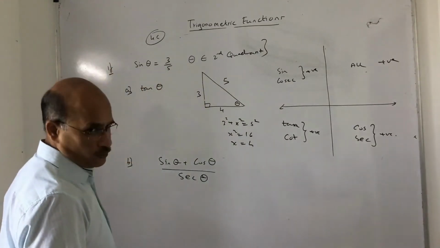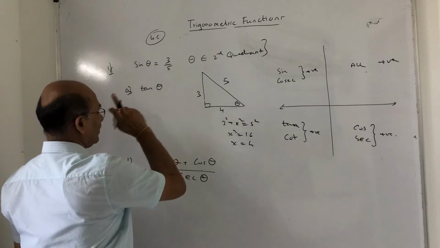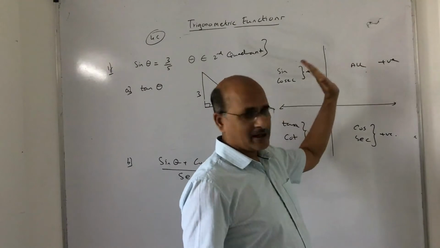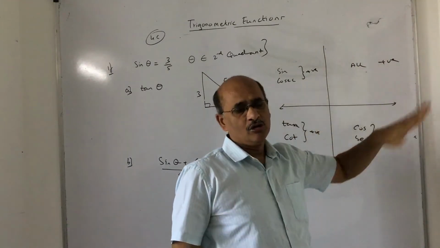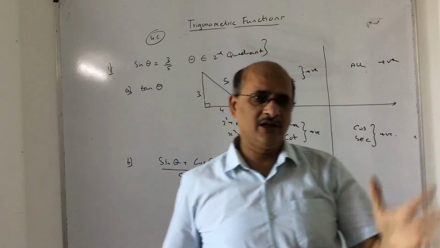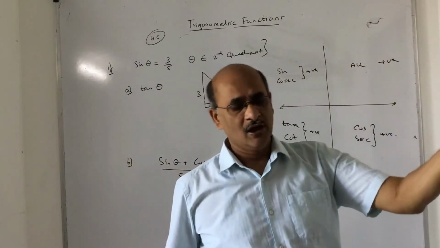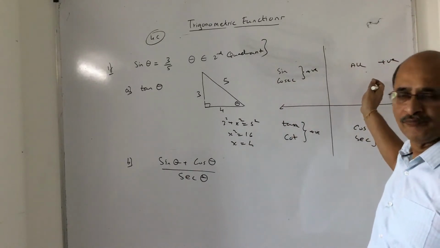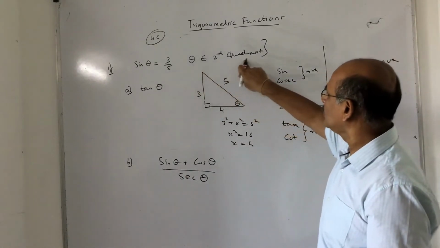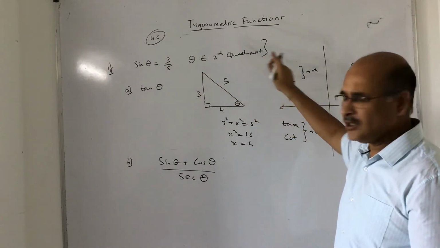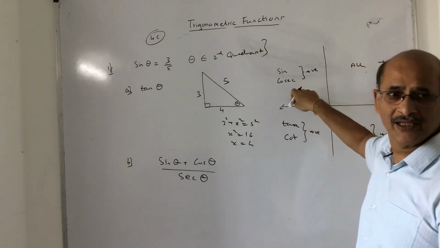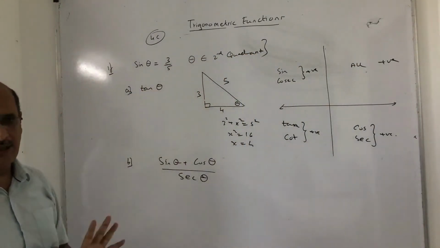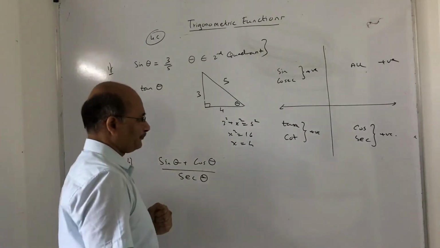Now, coming to the question, they are asking you tan theta. Remember, in 10th standard, you studied only the complementary angles, because the angle is less than 90. Whether you studied sine 30 or tan 30 or sine 45 or cos 45, all were positive, because less than 90 means it is nothing but the first quadrant. But now this angle belongs to the second quadrant, right? The terminal arm is lying in the second quadrant because it is more than 90. Here everywhere theta is always an acute angle. Keep that in mind.